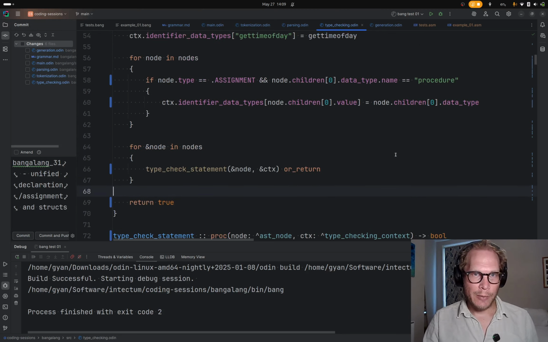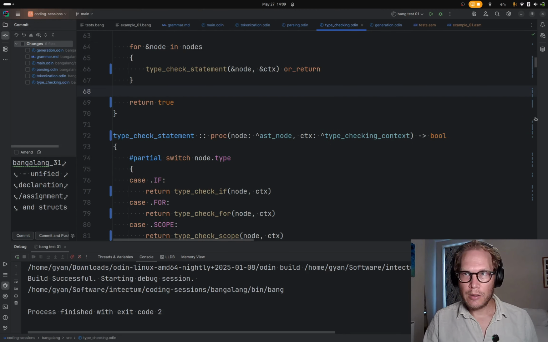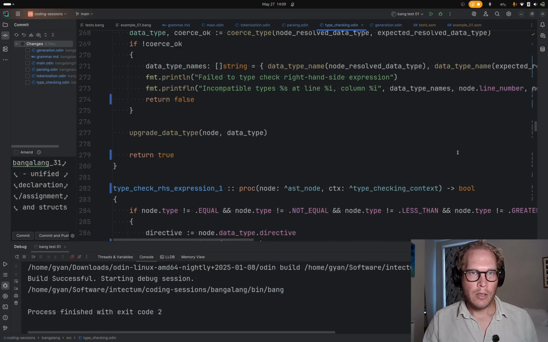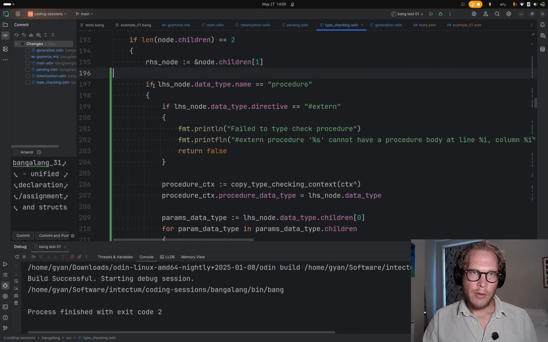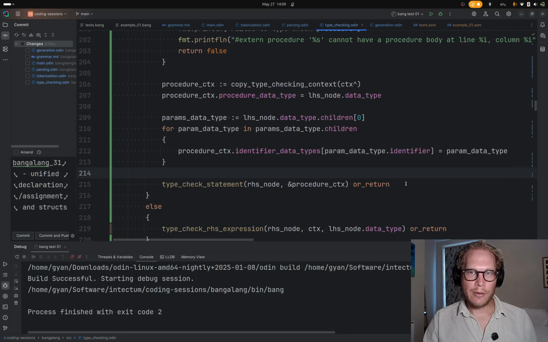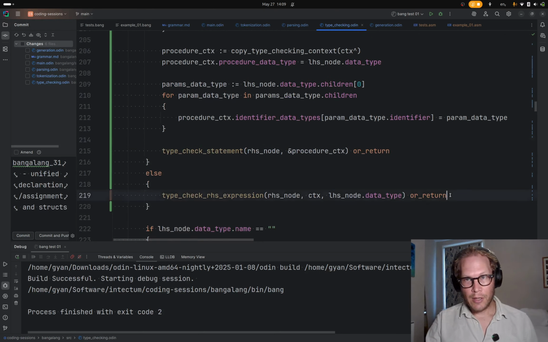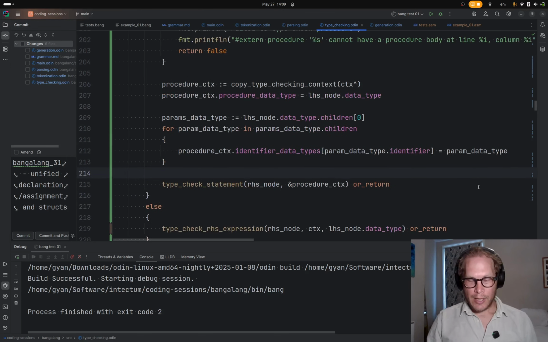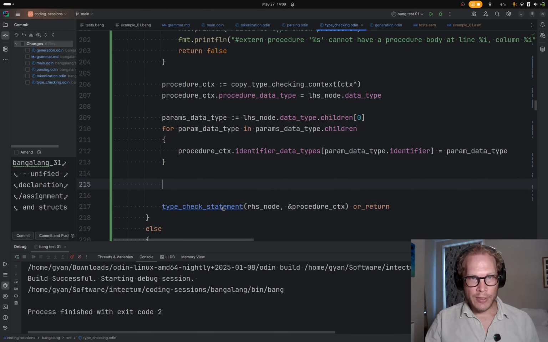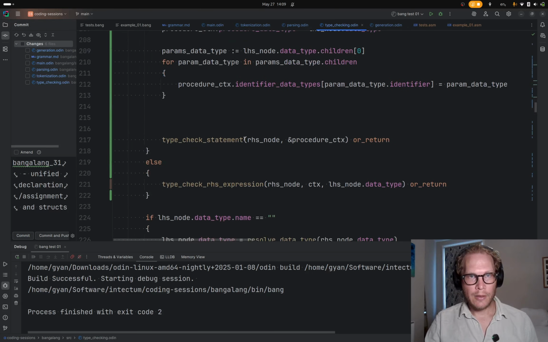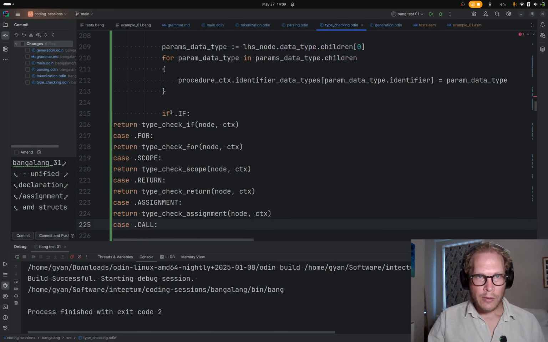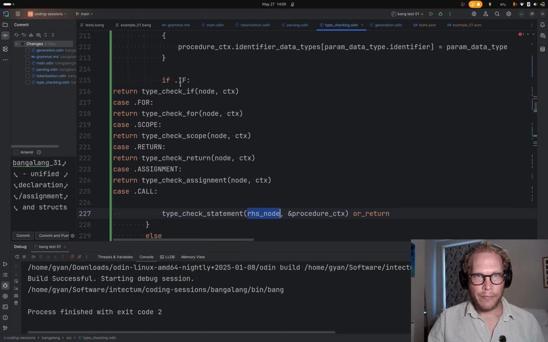But now in type checking, when we type check our assignment, where is it? Here. Now, if we're dealing with a procedure, we're assuming that it's a statement, but the way that we've parsed it, the parser might have accepted a right-hand side expression. So to know if it's a statement, it has to be one of these things, right? So if the right-hand side node type is,